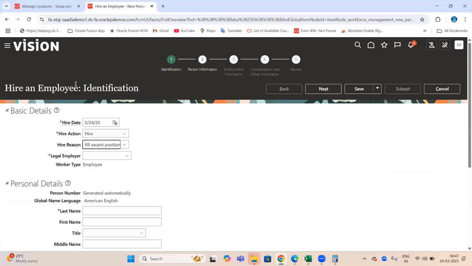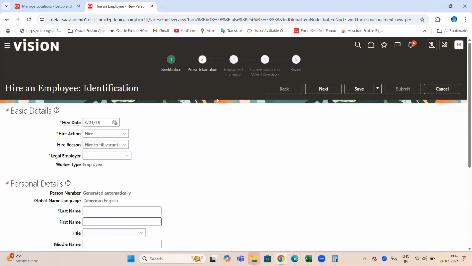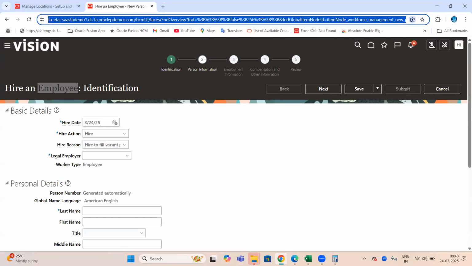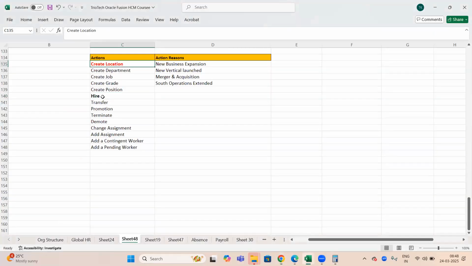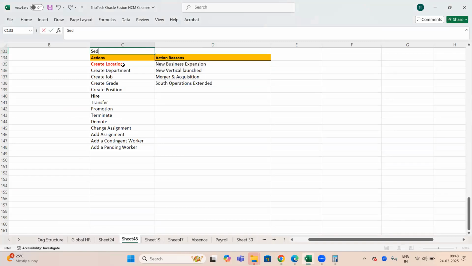So while HR is hiring the employee, the reason HR gives when hiring, in future, after 3 months, 6 months, 1 year, someone comes and checks the employee record. By looking at the reason, we can understand, okay, during that time to fill the vacant position, this employee was hired in the system. So like that, not only about location and hire. Example I'm taking: any configuration you take, any transaction you take in the system, you can maintain the list of reasons. See, all actions are seeded,